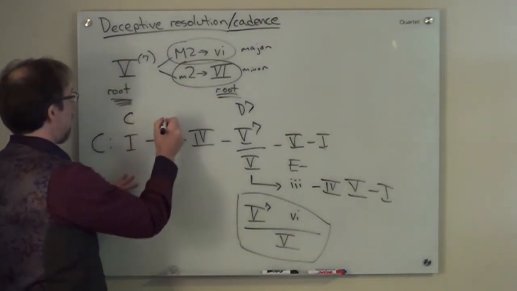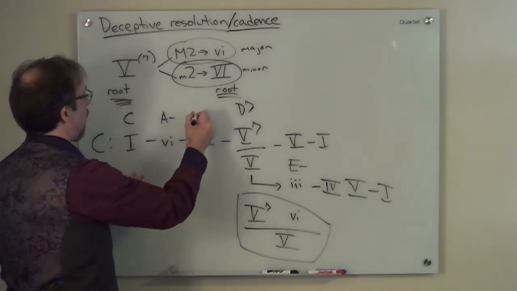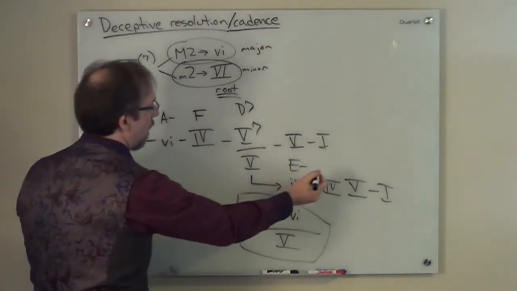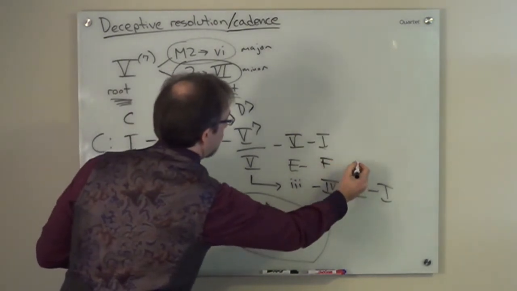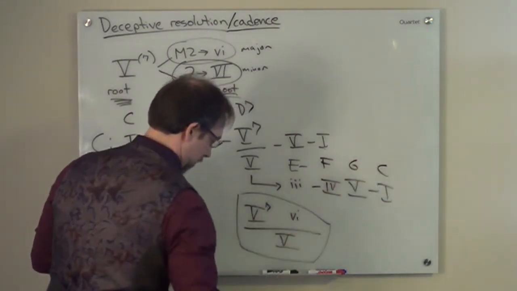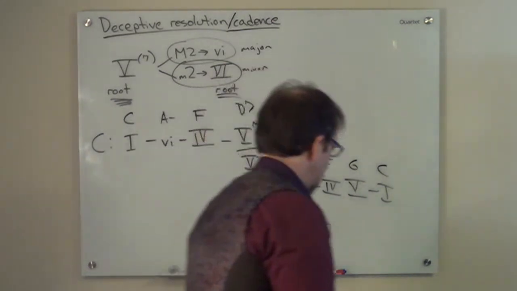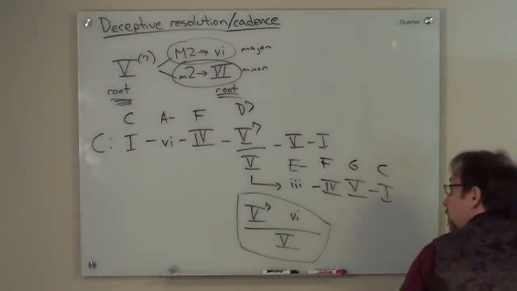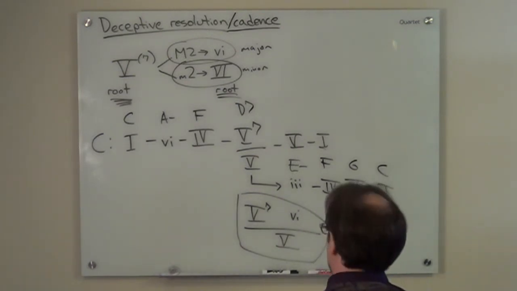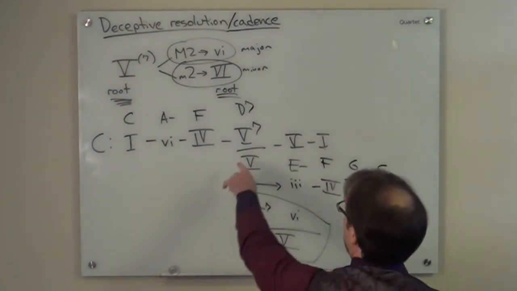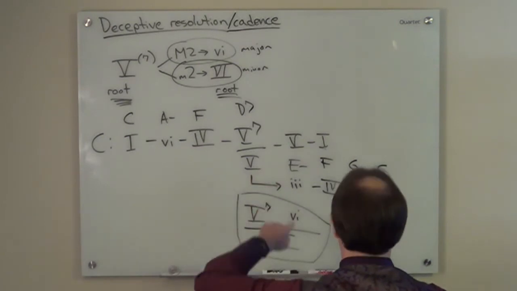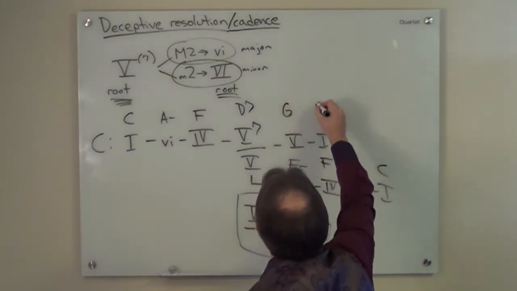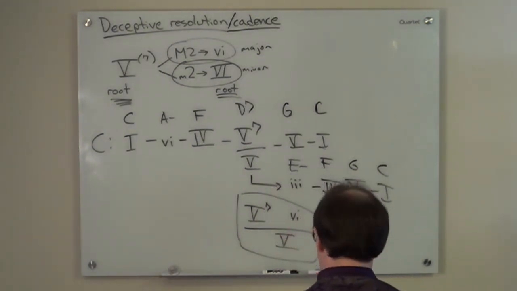Lead sheet symbols: C major triad, A minor triad, F major triad, D7, E minor, F major, G major, C major. Let's take a quick listen to what that one would sound like. First, our regular progression, or rather the top line here where we actually resolve to the G and then the C chord. So we have